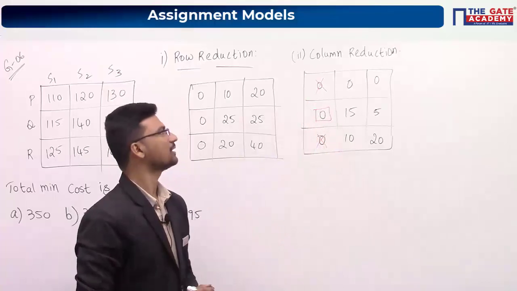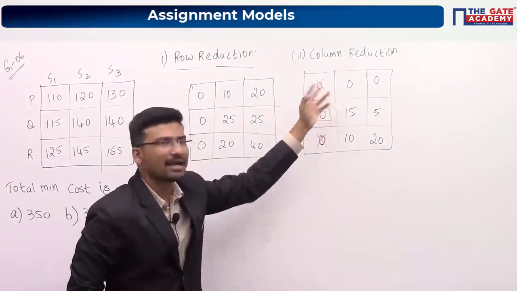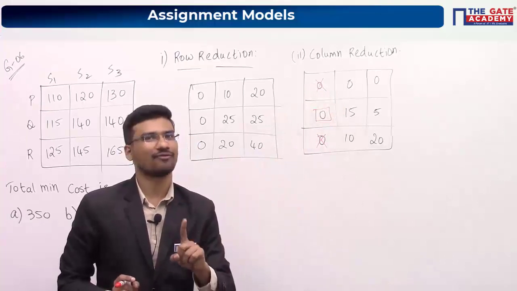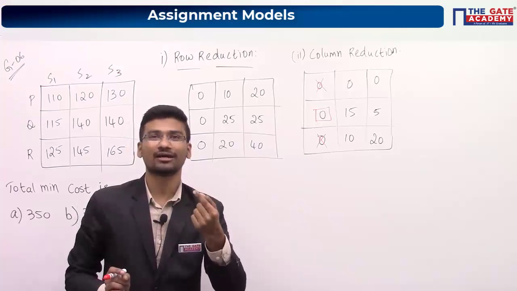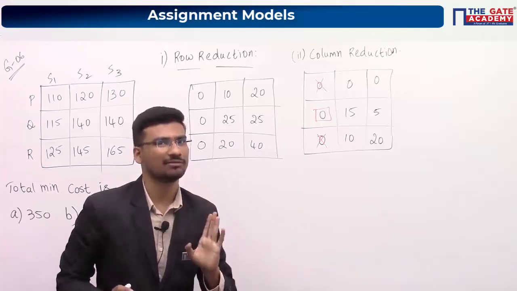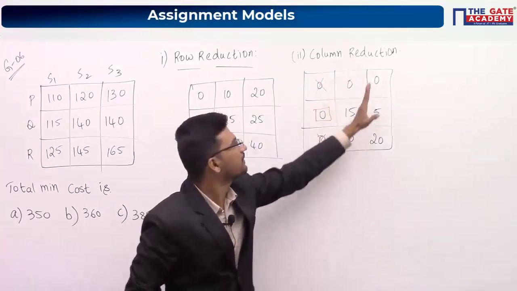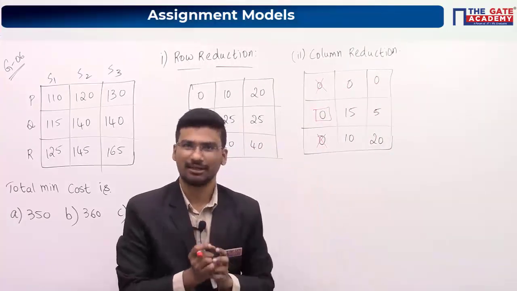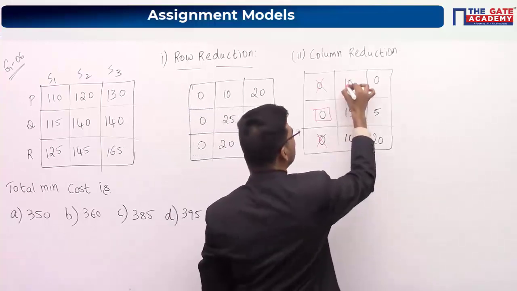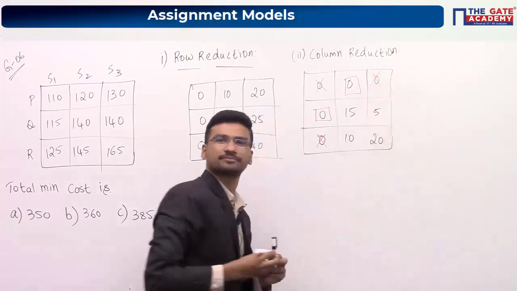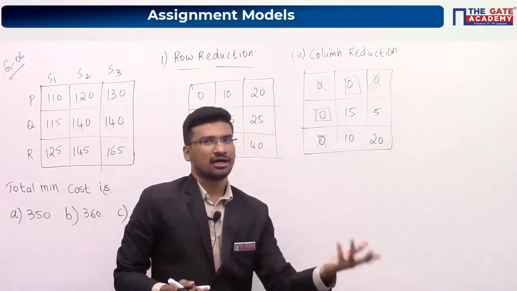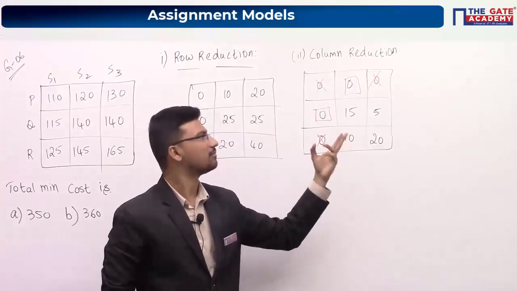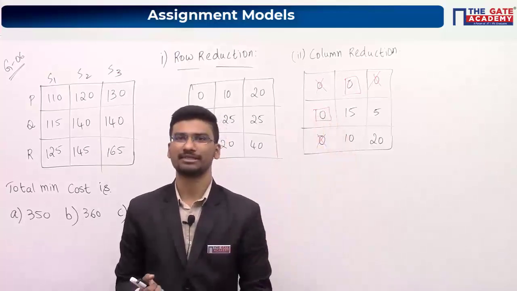Don't worry. Now look at this particular matrix. There is no single zero row available. If there is no single zero row available, we have to look for single zero columns. It is also a single zero column. This is also a single zero column. You can choose any zero for assignment. I am choosing this 0. I am cancelling this. Now, how many assignments do we need? We need 3 assignments, but we got only 2 assignments.